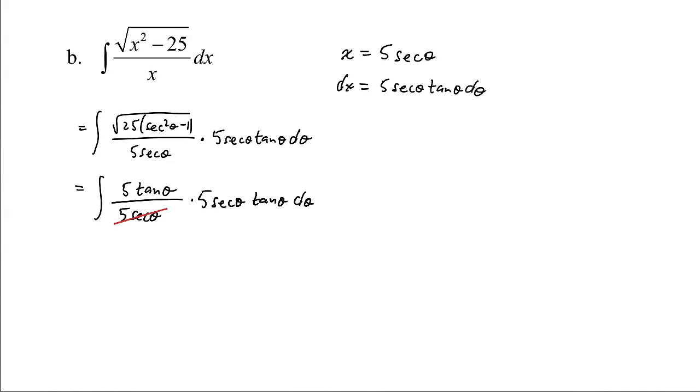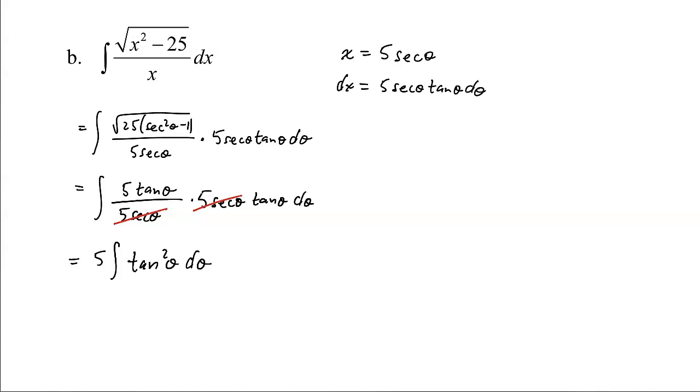Looking at this, I can divide out my 5 secants. There's no reason I had to do that other 5. I could have done this one as well, just I did it with the 5 secant. So what I have left, I'm going to factor out the 5. So this becomes 5 the integrand of tangent squared,